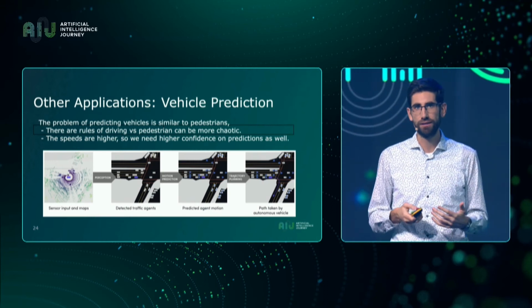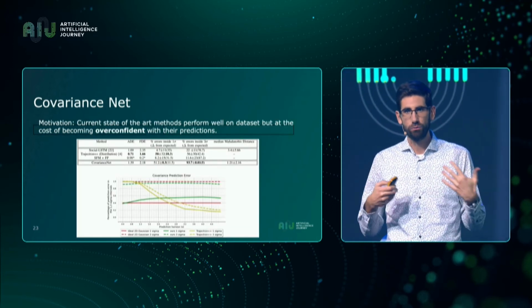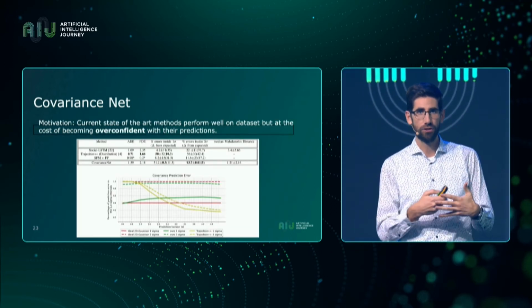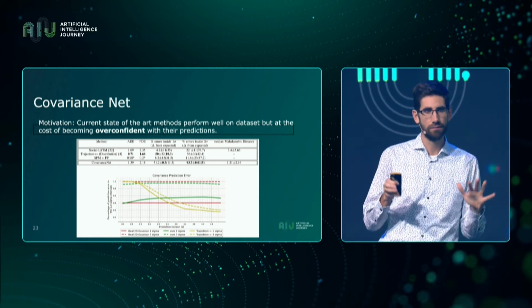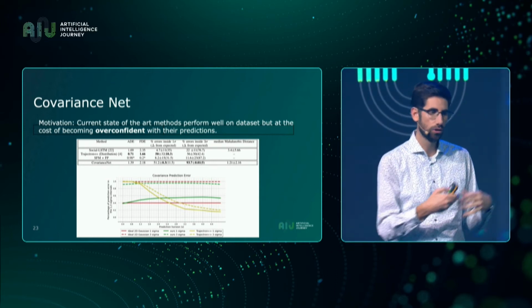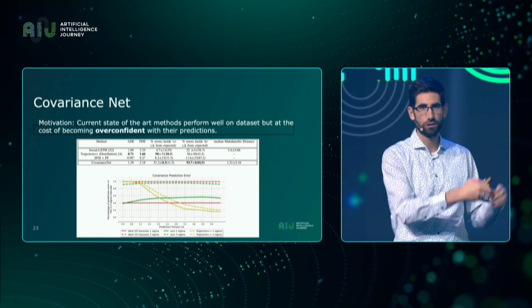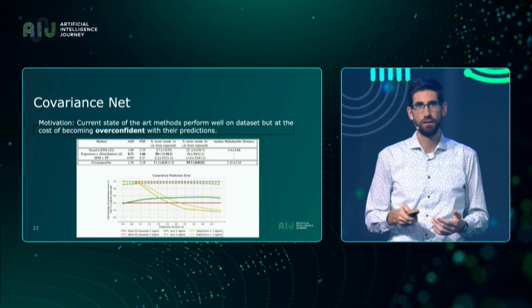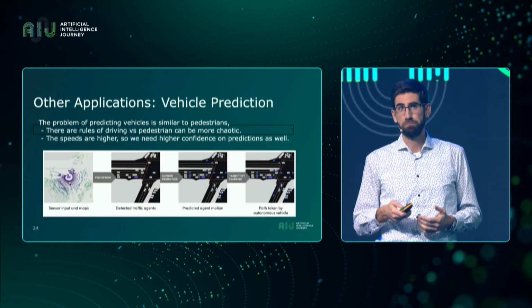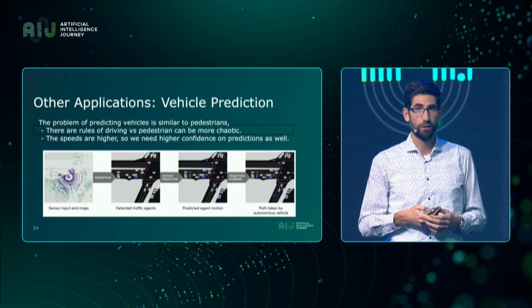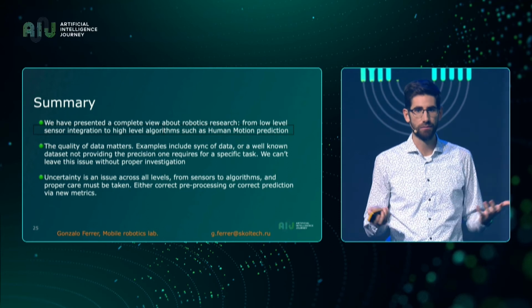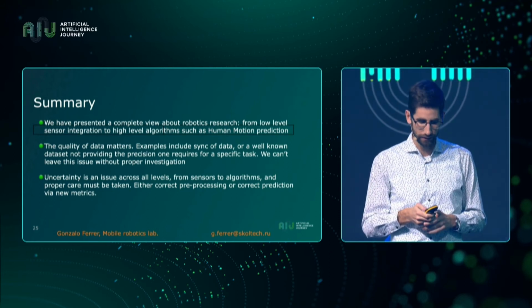So in this work, what we were doing is removing this overconfidence from prediction systems. We were training properly, taking this into account. We were proposing a metric. At the end, we get an algorithm that is similar in accuracy, but it also considers this uncertainty properly. This could also be applied, by the way, to vehicles and autonomous driving. The same algorithms and the same problems that I have discussed apply.